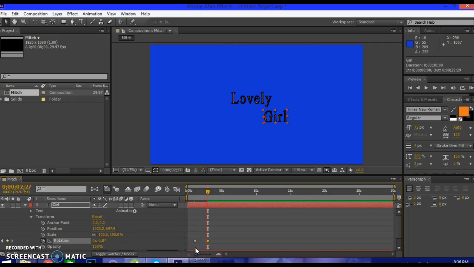So I created a keyframe by clicking on the alarm clock, and the keyframe was created here. I changed the degree of the rotation so my word girl could be slanted or at 173 degrees. Then I go 3 seconds in time or forward and change back, create another keyframe and change it to 2.2 degrees. So let me play the entire